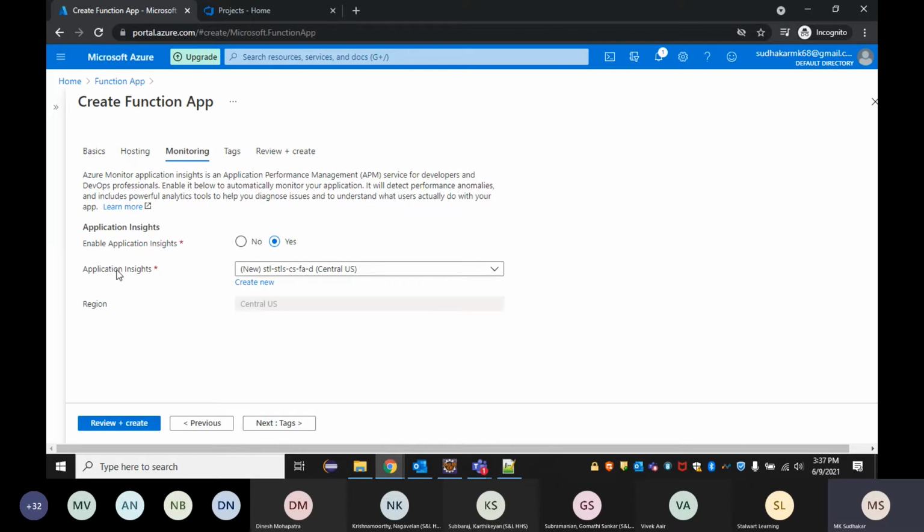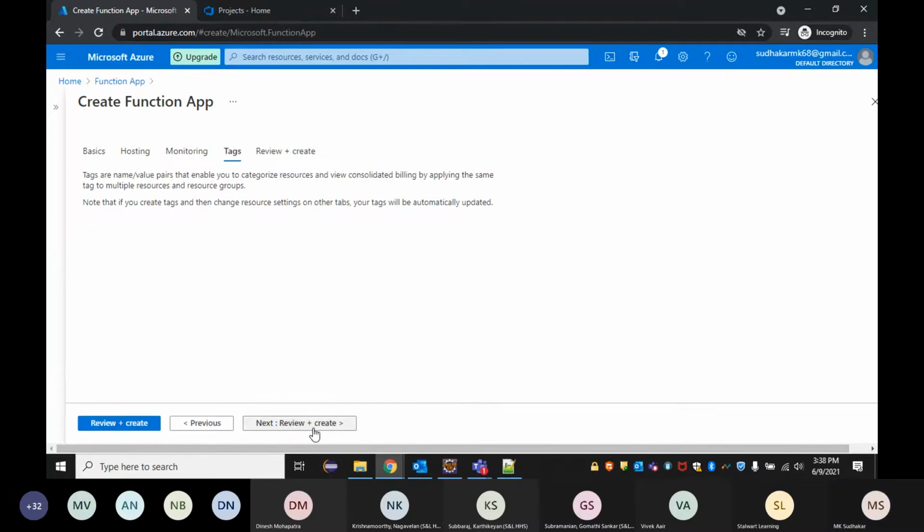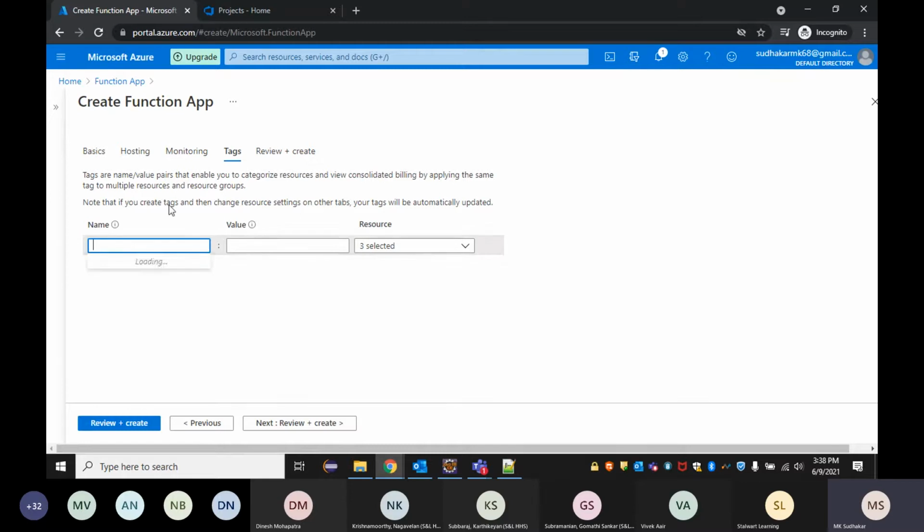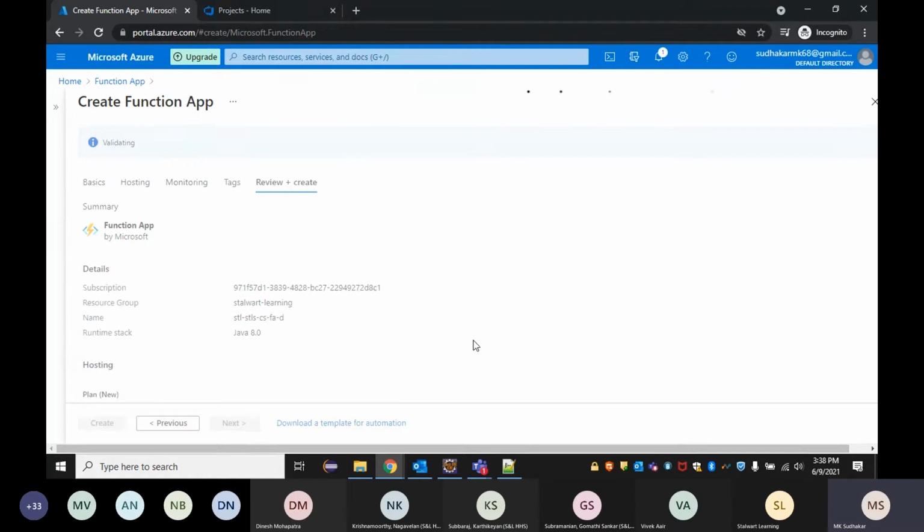And now here, this is the App Insights I was talking about. Right now, if you see, it is giving me the recommended App Insights name as per my naming. I don't want to go with this naming, but right now I just want to use it for an ARM template. I just go next. And then, yeah, this is for best practices to be followed, like what tags you can add: who is the owner, who created this, which team created this, and why this was created. All kinds of basic tags can be created, so that someone who views this function can easily understand by seeing these tags. And then we'll get into the review and review plus create.